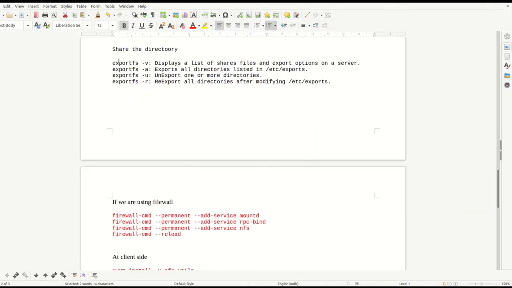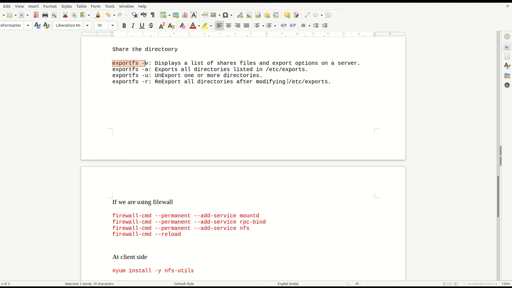Okay, so there is exportfs -v to display the list of shared directories and export options on the server, and exportfs -a to export all directories listed in /etc/exports. exportfs -u to unexport one or more directories, and exportfs -r to refresh or re-export all directories after modifying /etc/exports.